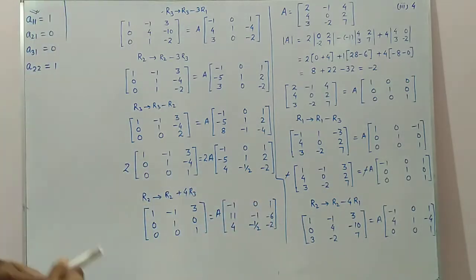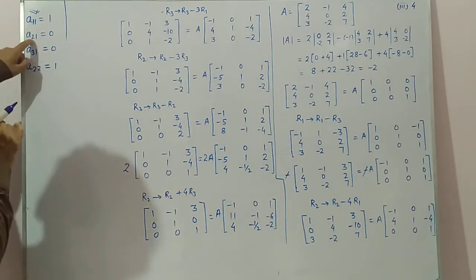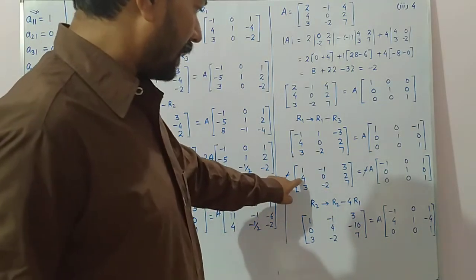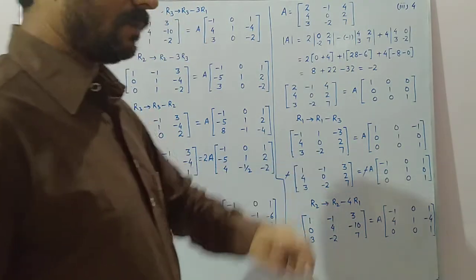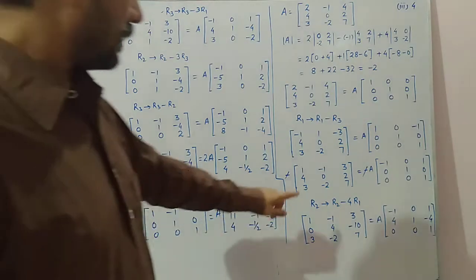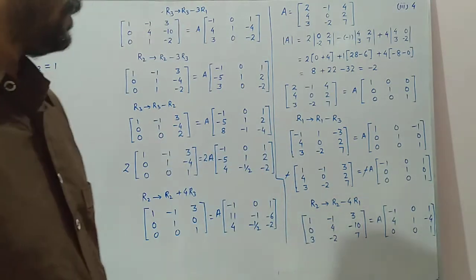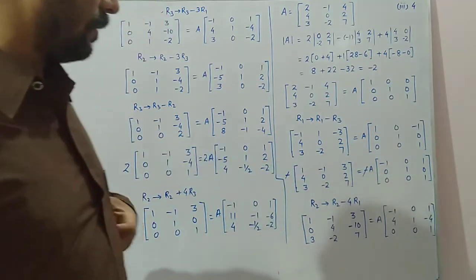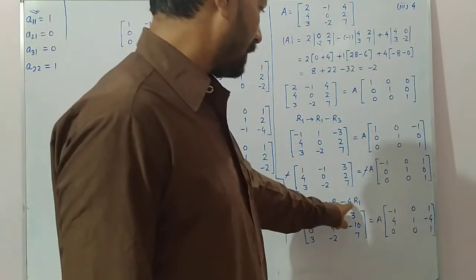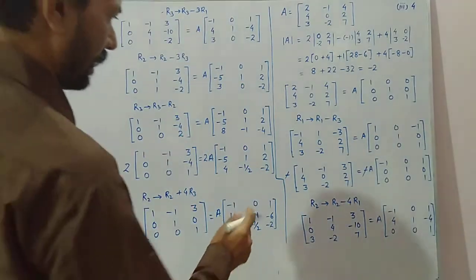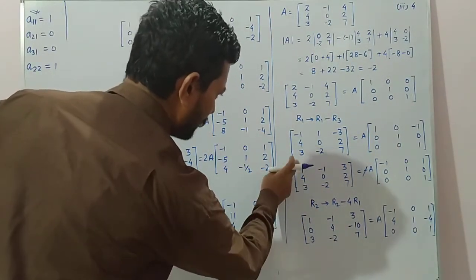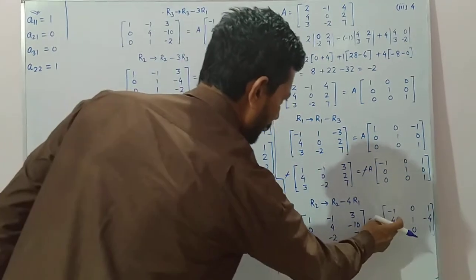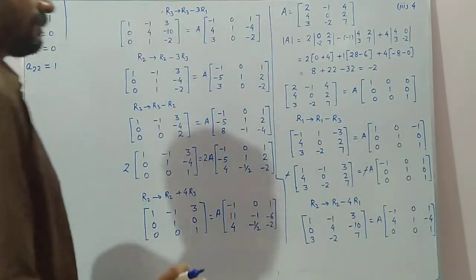Now second step is to what? Bring here this one. Second row first column, that is 1. Means this one. Second element of second row and first column, that should be 0. So we have to bring this one 0. So this is 4 and this one is 1. So here 4 minus 4 into 1, 4. 4 minus 4 will be 0. So R2 changes to R2 minus 4 R1. So R2, that is 4 minus 4 times of R1, that is 0. 4 minus 10. Same operation on the right hand side as it is.